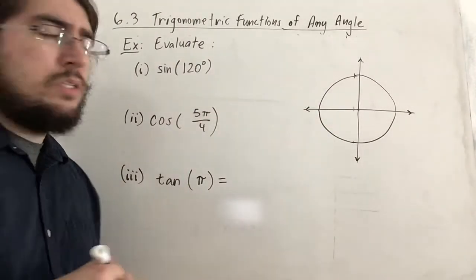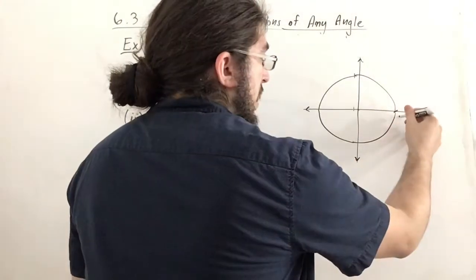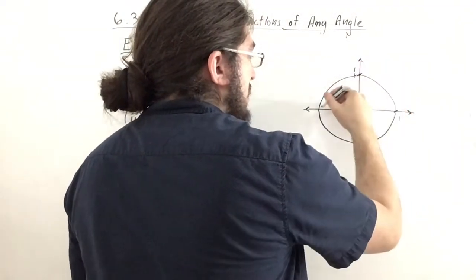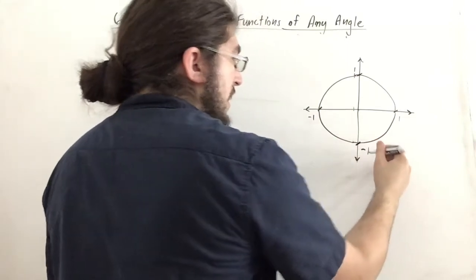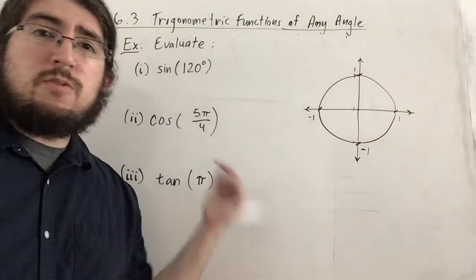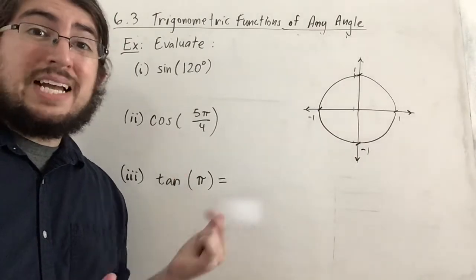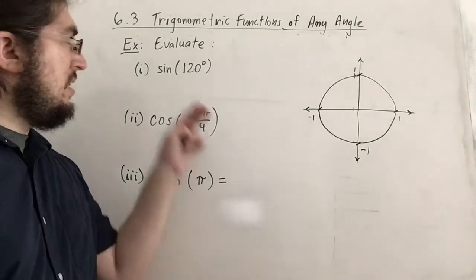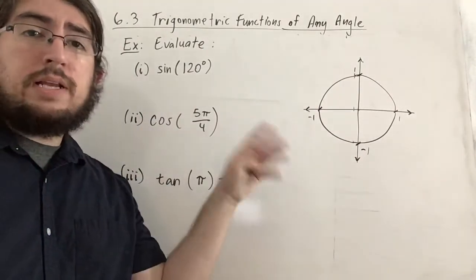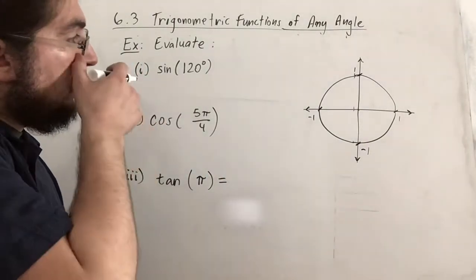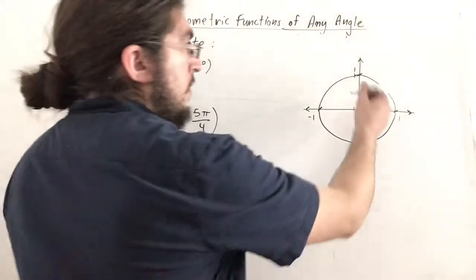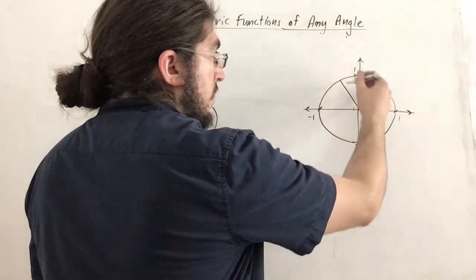And I'm going to use a unit circle, so the radius is going to be 1. And of course, when your radius is 1, it just makes the values a lot easier to find, because since the radius is 1 now, well, then x over 1, y over 1, those are just x and y themselves. So in fact, sine and cosine are really just following points on the unit circle, which is kind of nice when you think of it like that. The only issue is that, well, when you go 120 degrees for here,